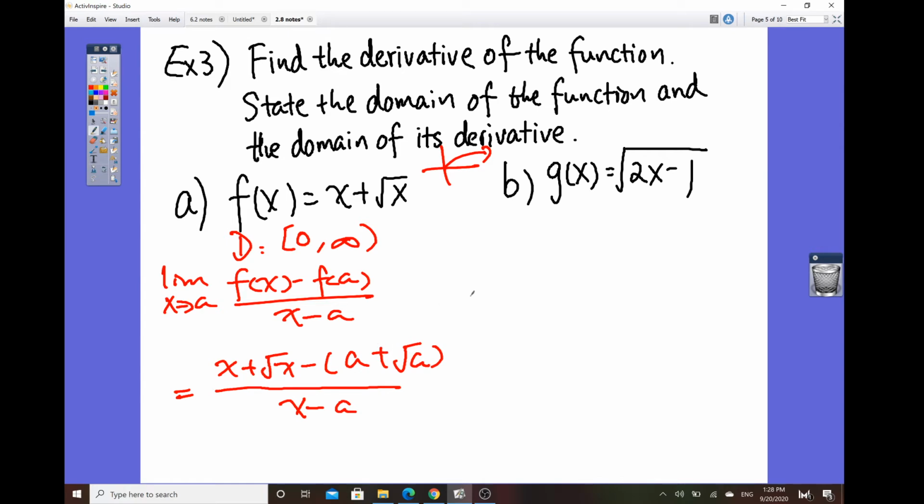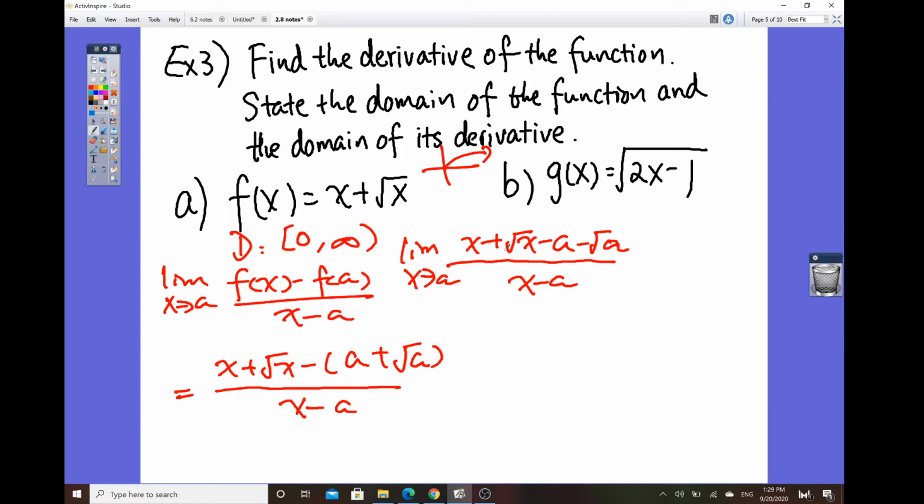One thing that we notice is that we can actually distribute the negative sign. So we have x plus root x minus a minus root a, and then it's all over x minus a. And don't forget, we're taking the limit as x approaches a. Obviously you don't want to plug in a here because that'll be undefined. So one thing that we can do,